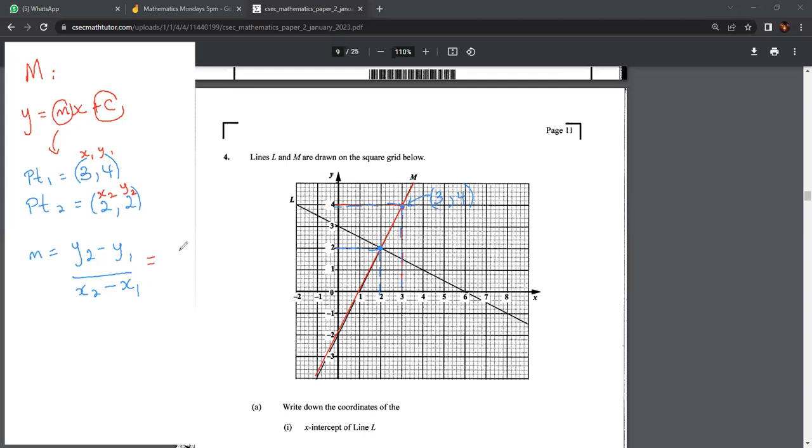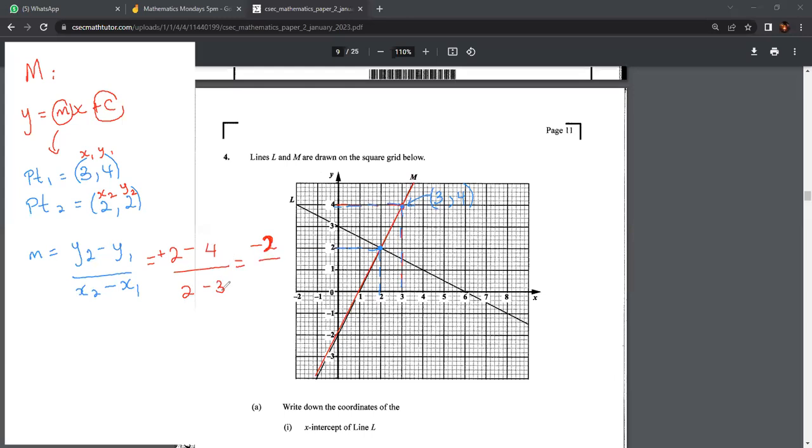Y2, I have that as 2. Y1, I have that as 4. It doesn't matter which one is point 1 and which is point 2, but once you choose, keep that order. My x2 is 2 minus my x1 is 3. Once I have two different signs, subtract and take the sign of the larger number. So that's negative 2, because 2 take away 4 is 2, and the biggest number is negative, so it'll be negative 2